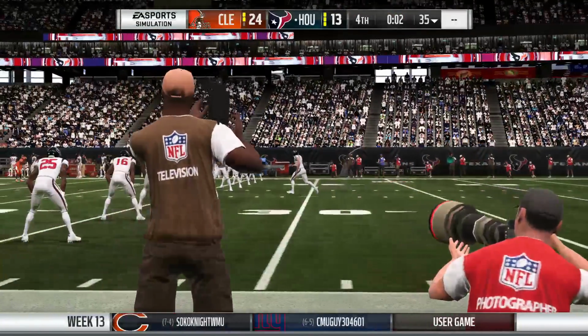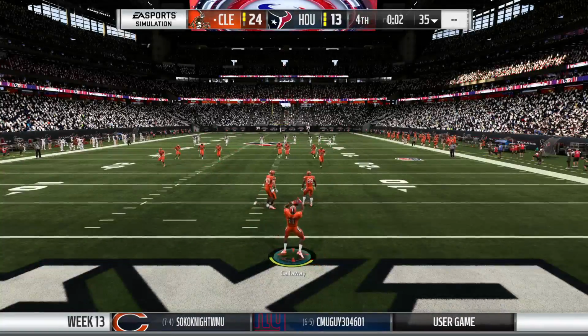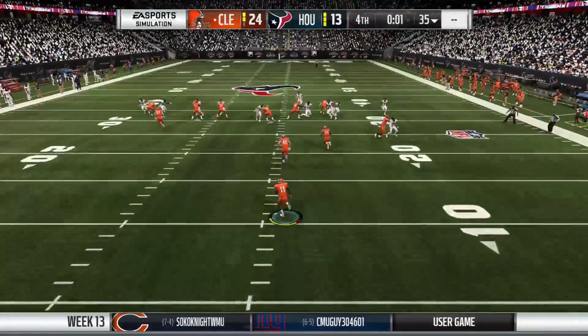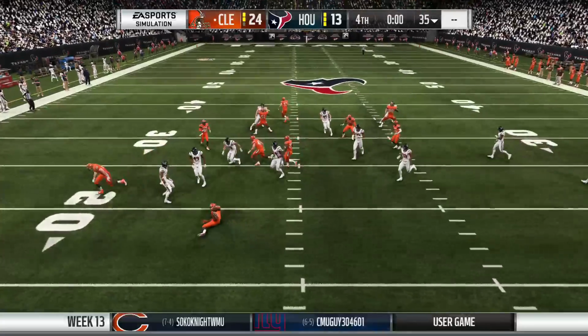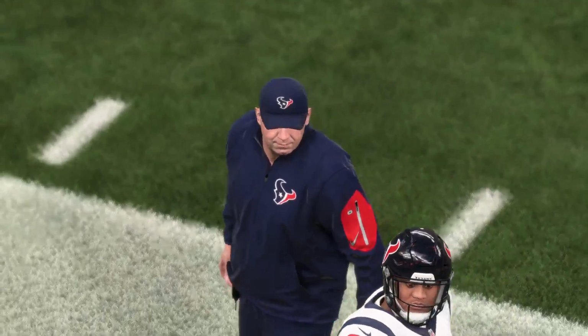Horvath out to kick this one away. This is fielded a couple yards deep. Well, a little drama there at the end, but